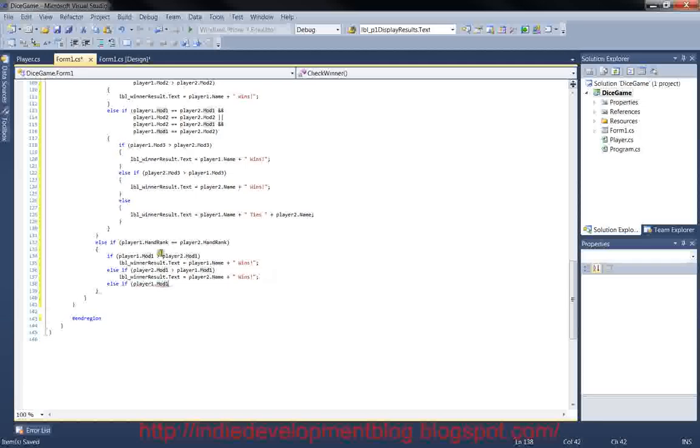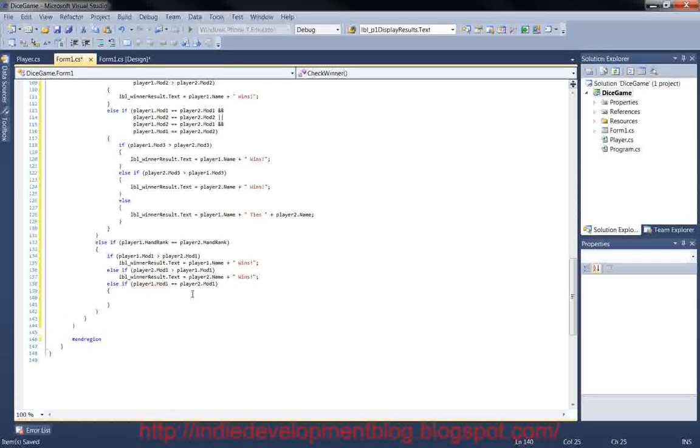So like if you have 5 of a kind or 4 of a kind, you don't have to check one. But if player 1 dot mod 1 is equal to player 2 dot mod 1,